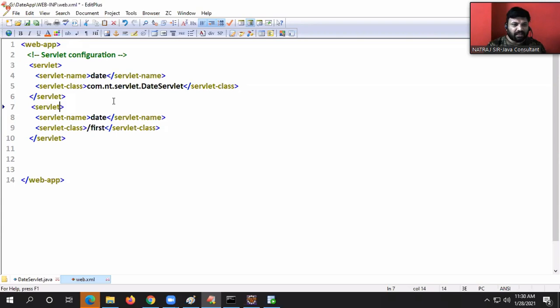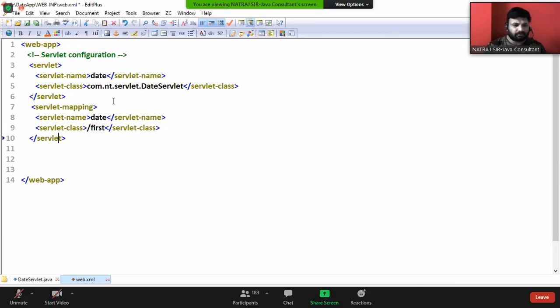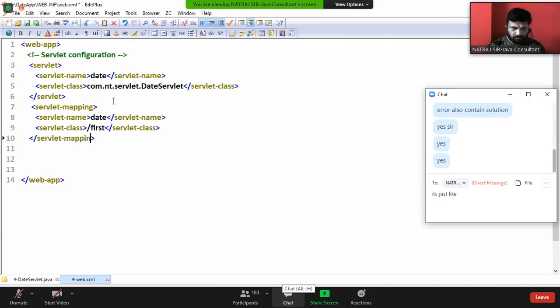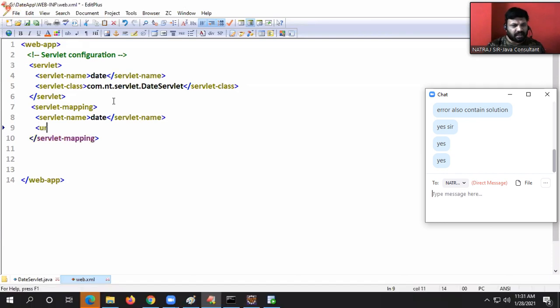And here the tag is not servlet, guys, the tag is servlet-mapping. Here the tag is not servlet-class, guys, here the tag is url-pattern. Okay, slash first, url-pattern.